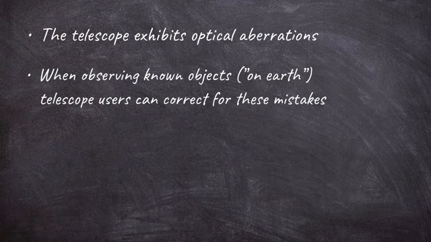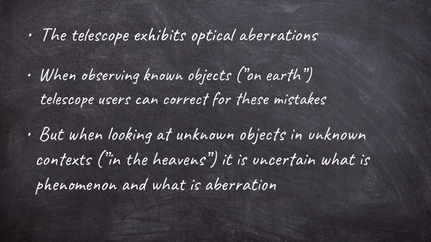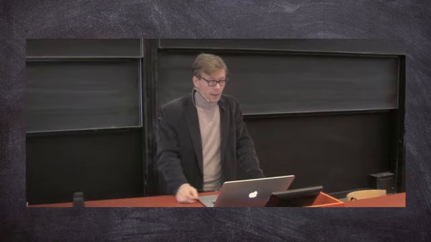However, there are also certain blurrings or something like that that happen maybe on the rim of the vision field, the aberrations. But now you train your telescope to a distant star, and of course you can't observe that star directly, but you can see that things are blurred, and sometimes they seem to be appearing double. So there seem to be all kinds of effects that the telescope makes that you question whether it actually depicts the stars in the heavens in the right way, and you can't really check. So it is uncertain